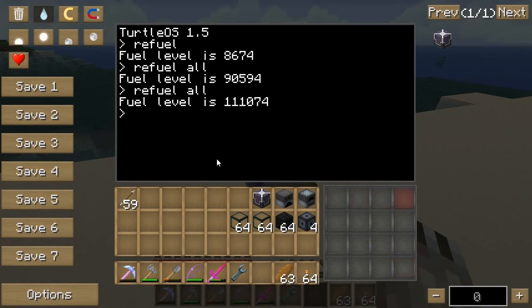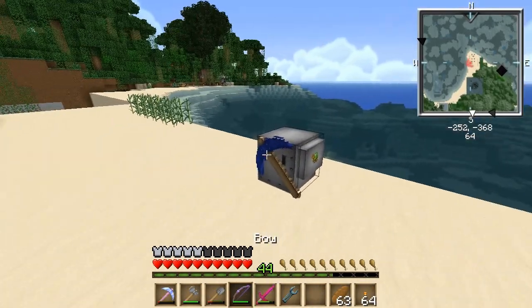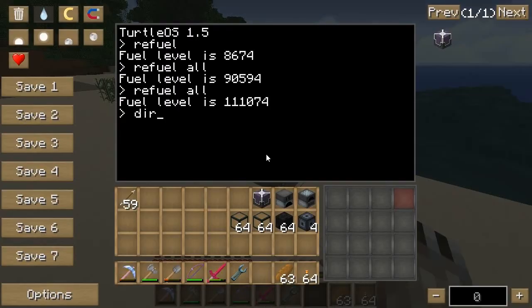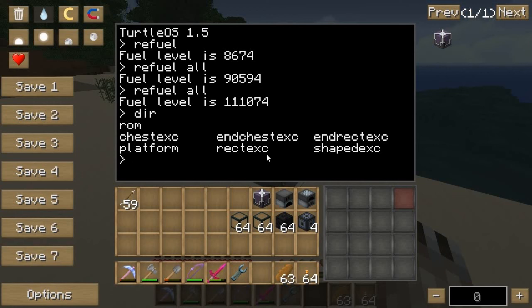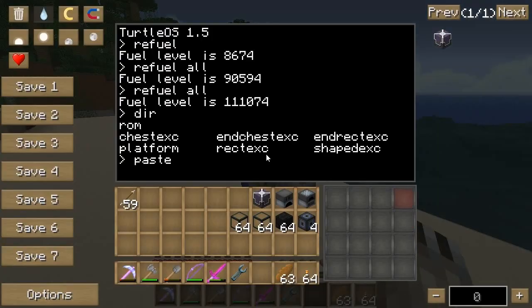Alright, so first time I've had a turtle over 100,000 fuel. Pretty cool. And I do have that program in here. Yes. All my excavation programs. Speaking of excavation programs, I need to download another one. One second. Alright, so this program I'm going to be downloading right now,